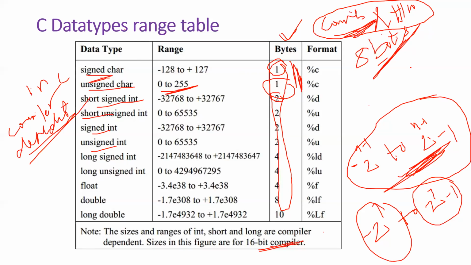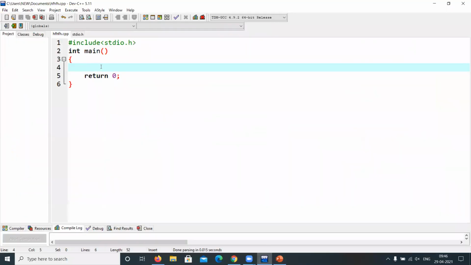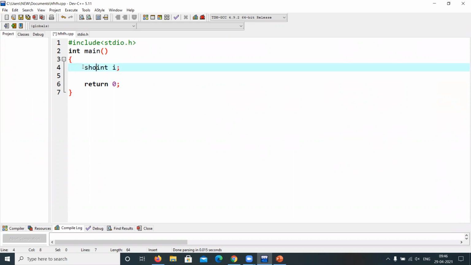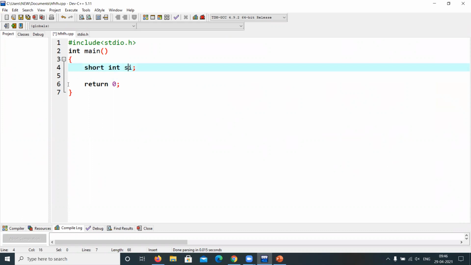Anyway, I will show you the size of each and every data type. Let me show you with live examples. Observe here, let me take the integer variable int i. Let me take a short int variable, short int si.